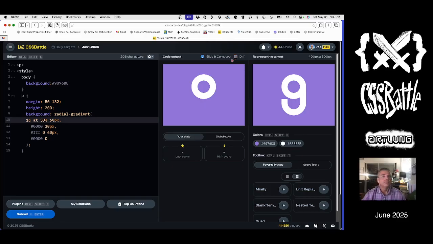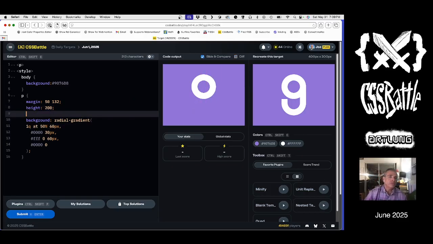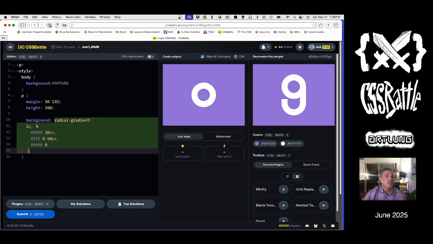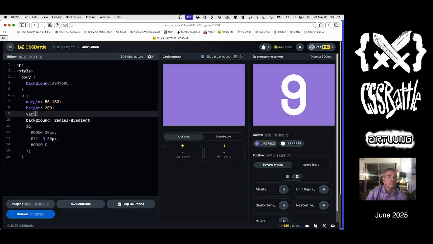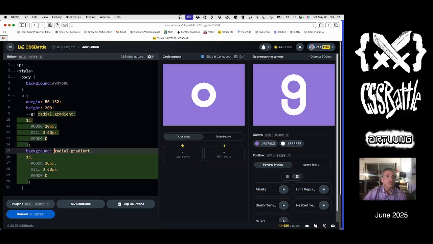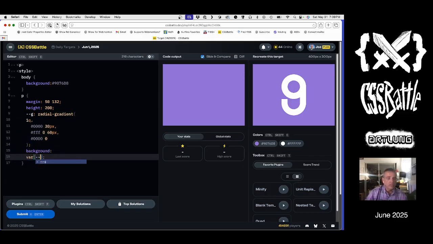I kind of want to see if I can do this with a variable. So let's do like that, and then I'm going to save this into a variable, var zone. Then I need to do G for gradient. There's my guy. And when I put var G onto it, I got it. Now, obviously I can't do the whole thing on there, but I can do var G,